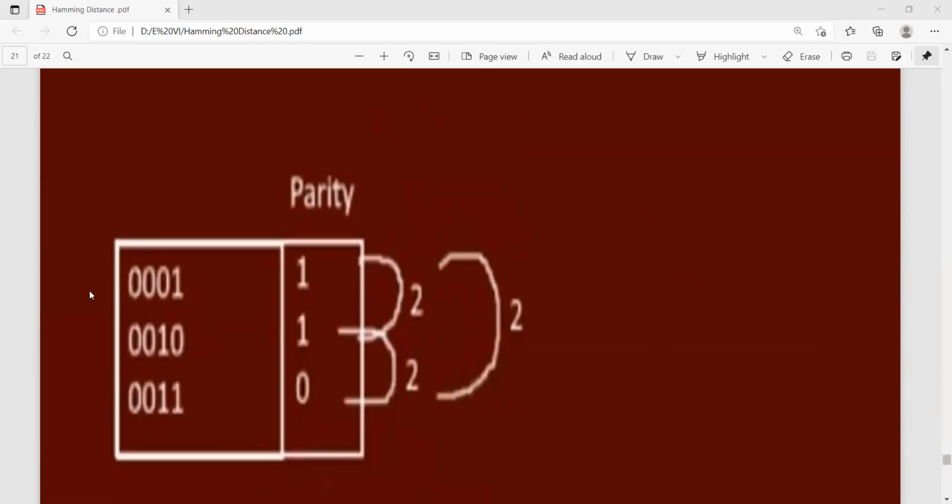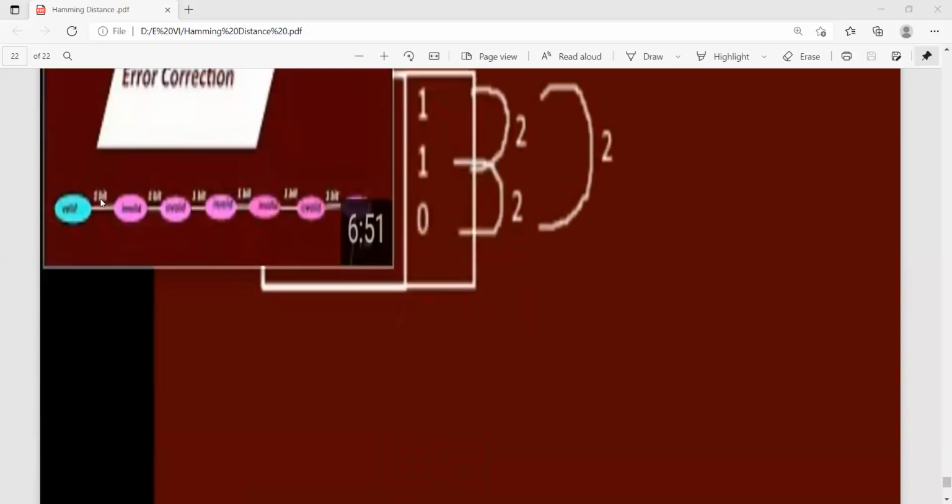For this data, 0, 0, 0, 1, 0, 0, 1, 0. So this is 2 bit. Within the bit, here also 2 bit positions. The distance is appearing like this. So this to this, this to this. So like this, here it is a distance.